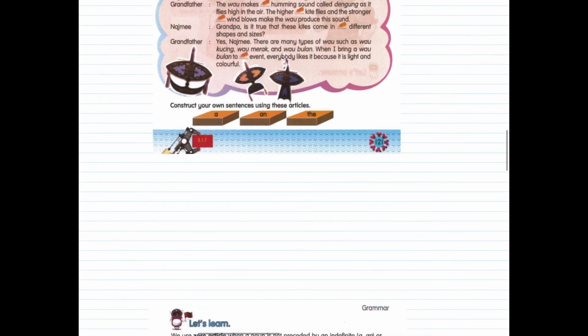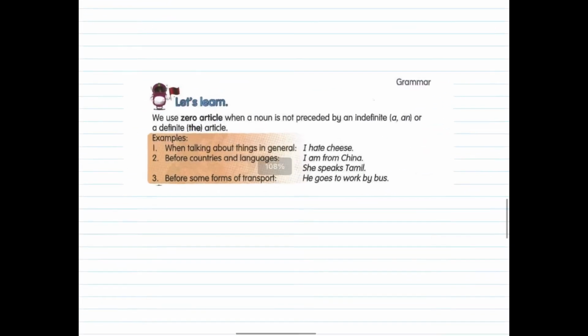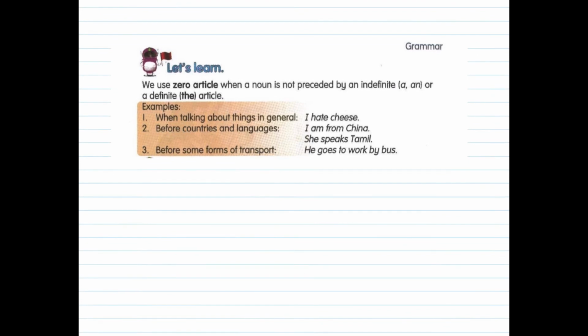Okay. Right. Let's go through. Okay. Let's learn here. So, we use 0 article when a noun is not preceded by an indefinite a, an, or a definite the article. Okay? So, I'll give you examples to make you understand more. Example: